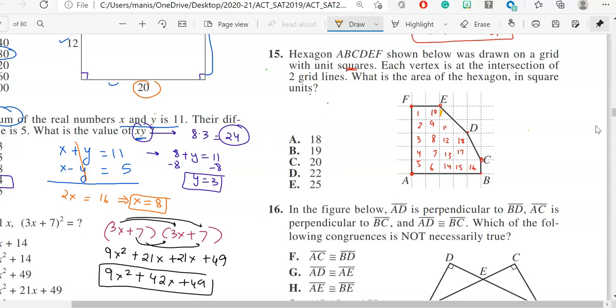Because if you see over here, we have skipped this triangle. You see this triangle over here? We have skipped this triangle also. When I look at these triangles closely, if I combine them, they make one square. So this is my 18, and with both of them it will be 19. Is anything left? Yes, I'm left over with this part also. I'm just assuming this will be one more, so it will make it 20 and done. So the area is 20 for this question. There are multiple ways to do this problem, but I just took the easy approach.